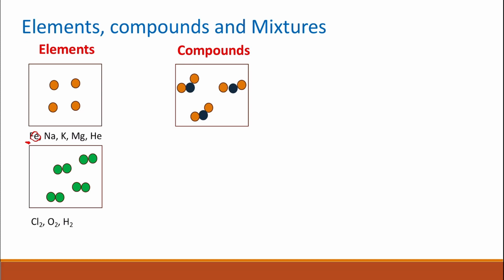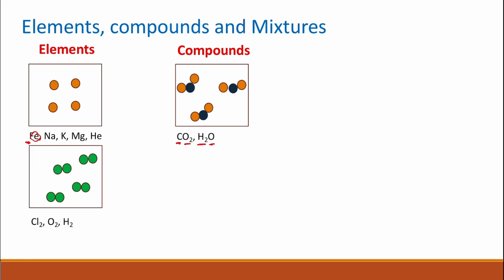Compounds are formed when two or more different atoms are chemically combined. They are formed in a chemical reaction. And compounds are represented by a chemical formula, which gives you the exact number of atoms in the compound. For example, here carbon dioxide, which is one atom of carbon, two of oxygen, and water, which is two hydrogens